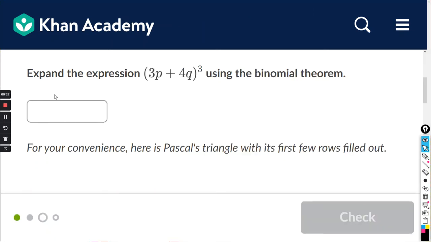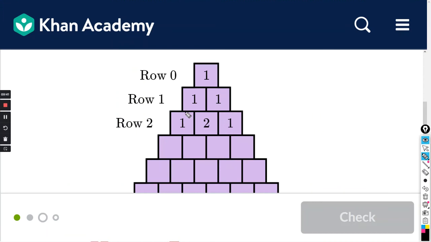All right, one more. We want to expand this expression here using the binomial theorem. So we have our two terms, that's why it's a binomial, and the exponent is a 3. So when we get to Pascal's triangle, we're going to use row 3 for the coefficients. All right, here's Pascal's triangle. They filled in the first 3 rows. So we're going to fill in